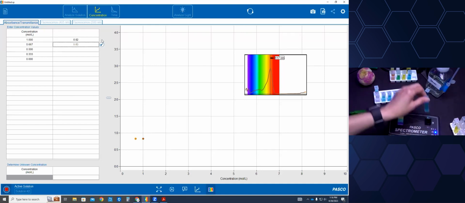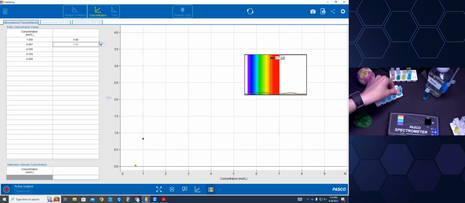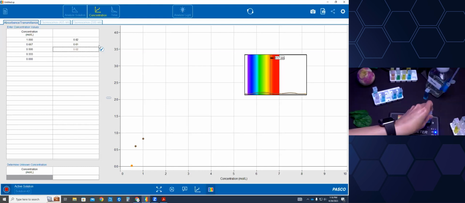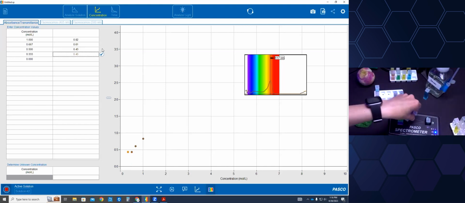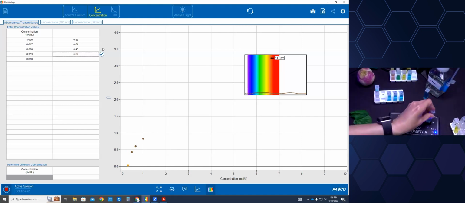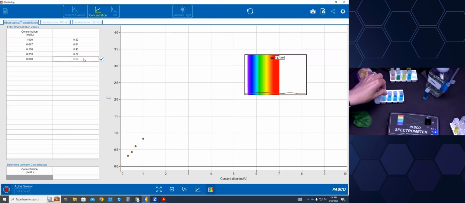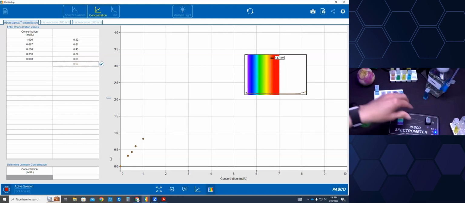I'm going to keep the value. I do the next concentration, the 0.667, wait for it to stabilize, and you'll see that the graph is building as I go. Next solution. Great, next. Okay, and finally my distilled water, which should give me a 0 absorbance. Great. So I've got this graph,